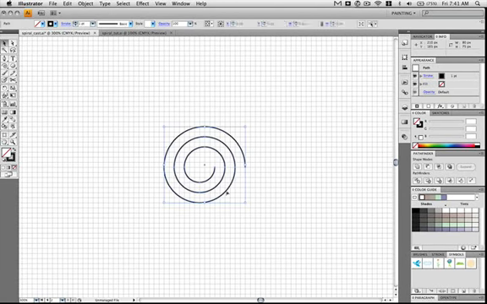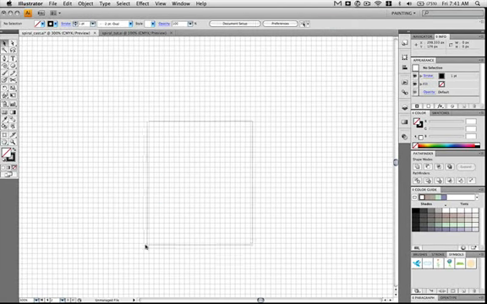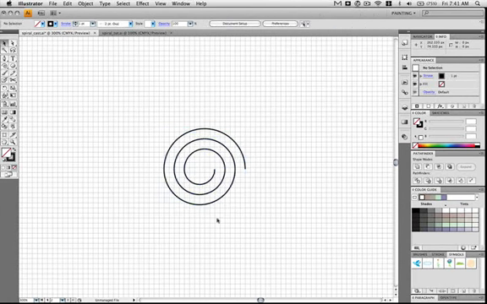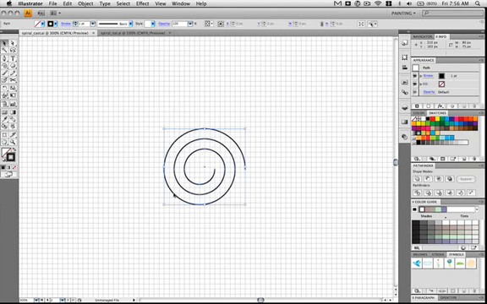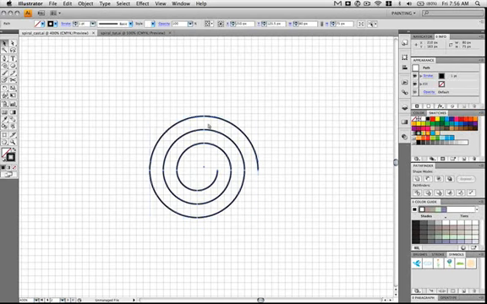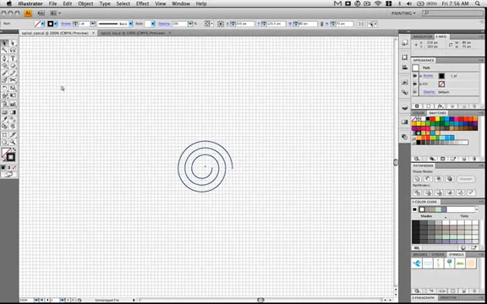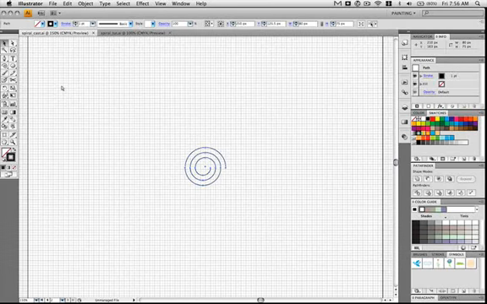And I'm just double checking that it grabs the whole thing. Looks good. Go ahead and save the document. Go ahead and zoom in a little bit and select, actually I'm going to zoom back out a little bit to give room for the 3D to show, and select the spiral that you just created,